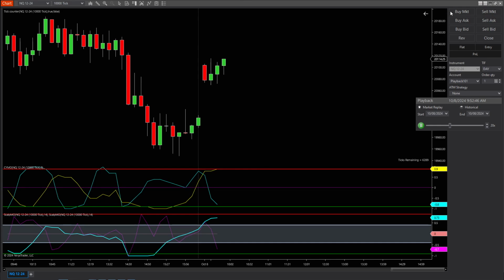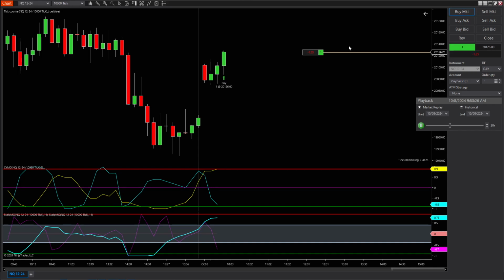Alrighty, so your entry point right here, order would have filled. That would have been the signal to take your entry to the upside on CYMO right there. And I took the entry to the upside because momentum was rising right there. Cycle looked like it was just about to roll over right there from coming all the way down to the